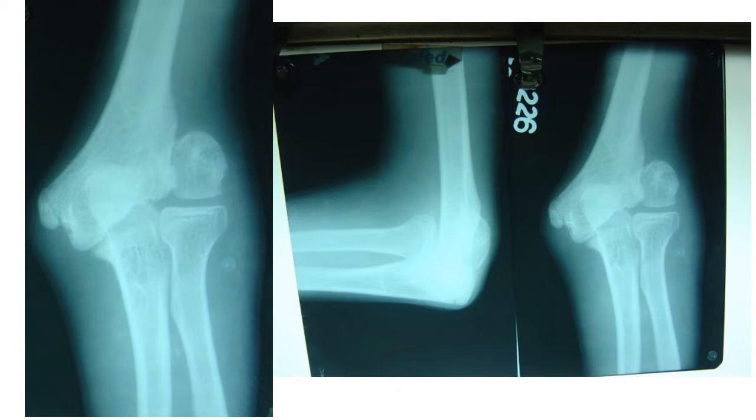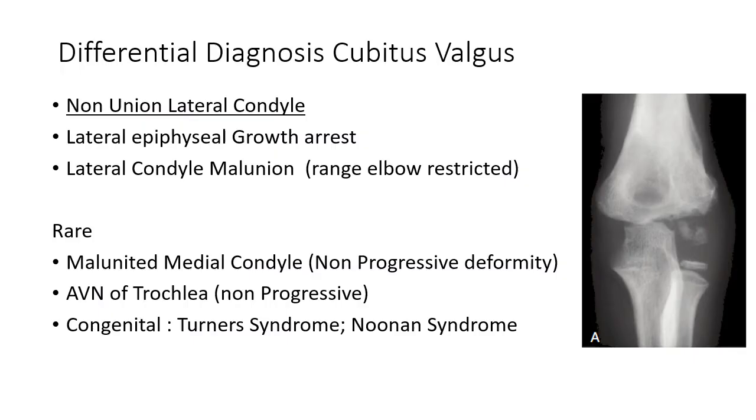As you can make out, the medial supracondylar ridge is neither thickened nor irregular, but on the lateral side you will find thickening and irregularity of the supracondylar ridges. You may feel a small bony nodule which may or may not be mobile on the lateral side. Also, the joint line is not horizontal, it is obliquely directed, but more or less the joint is maintained. On the lateral view, you will not see the clear space between the olecranon and the trochlea because the joint line is not horizontal, and that is the cause of the valgus deformity.